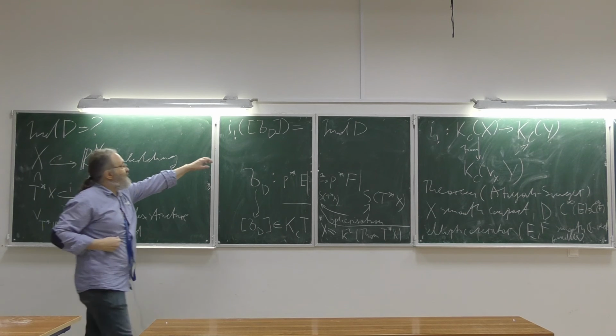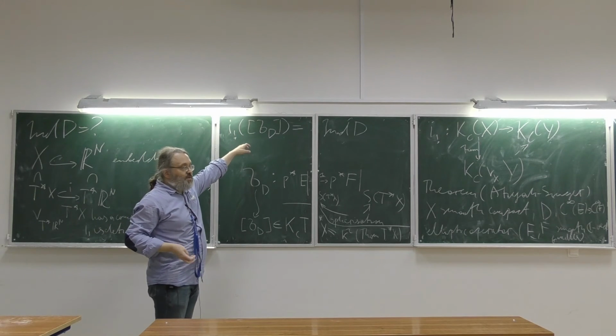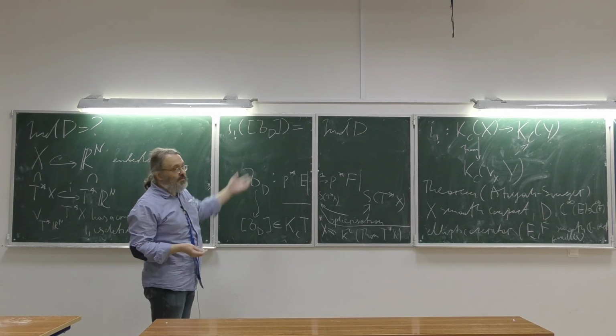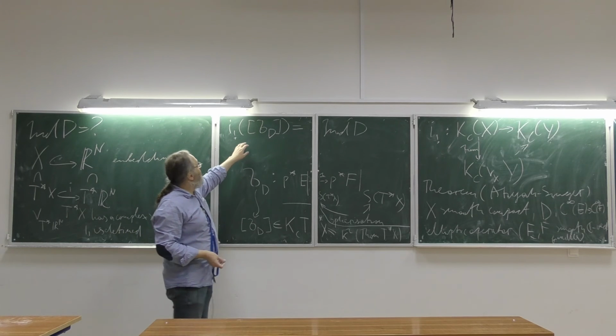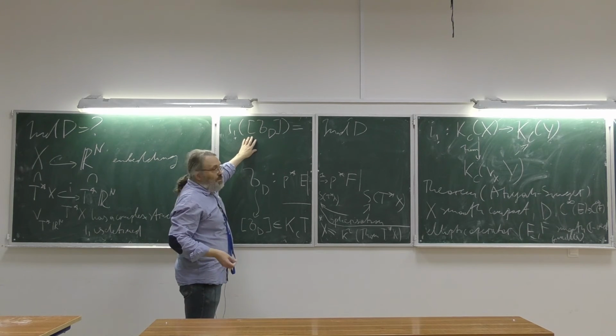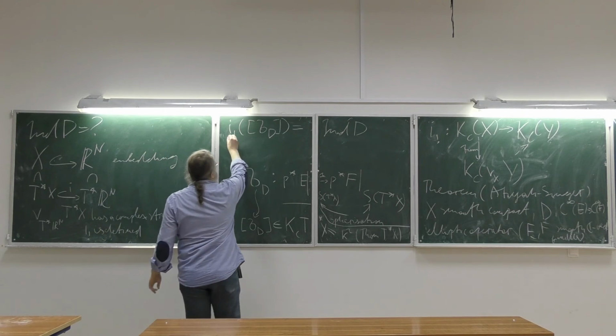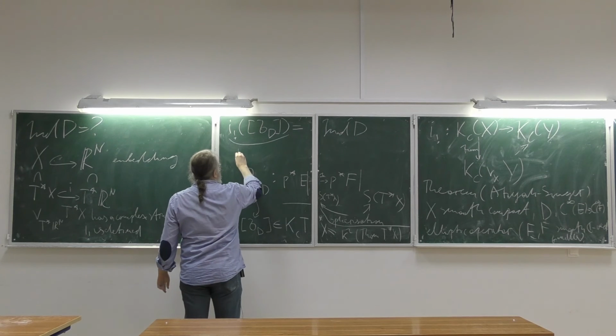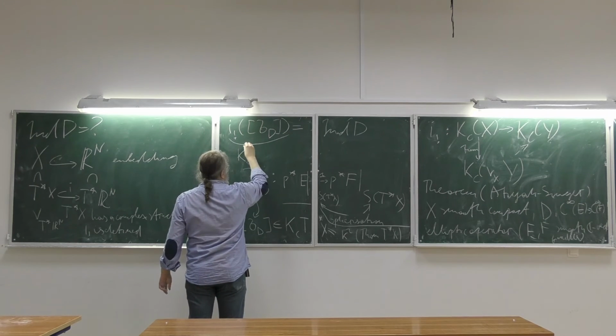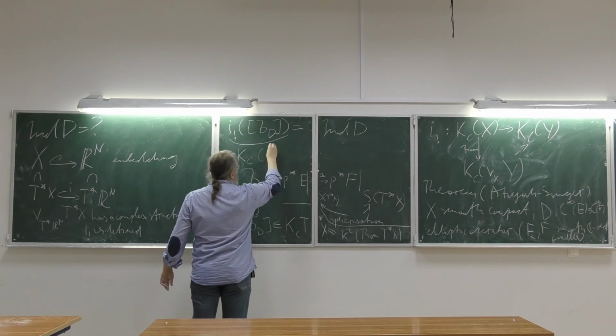Well, let's see why this makes sense. The index is a number, and what is this? This thing, by definition, is inside compactly supported K-theory of